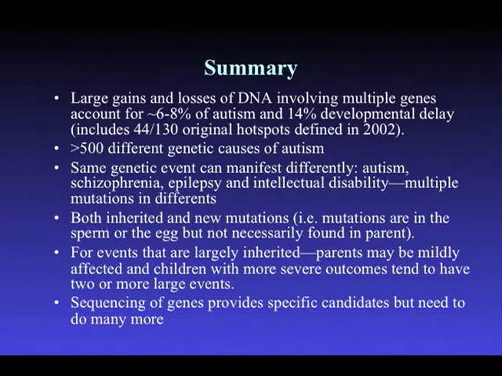If we combine all the data that we have from the CNV world, as well as the data that we have from the limited exome sequencing that we and 2 other groups have done, the estimate is that there are 500, probably to about 1,000 different genes that contribute to autism and more for developmental delay.